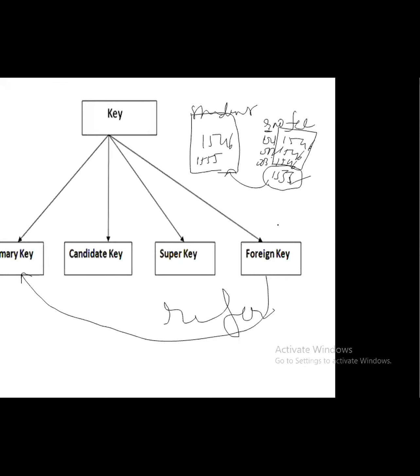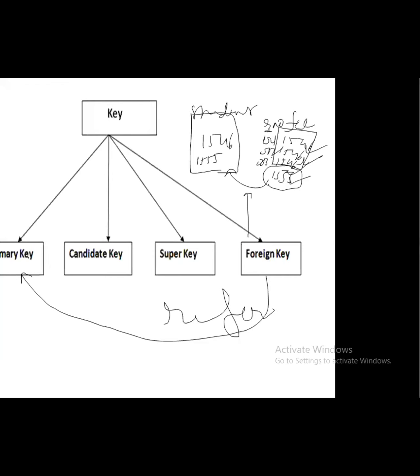Whatever data you are using in some other entity, those values are coming from the master table. So this becomes the child table, and this becomes the master table. The master table is linked to the child table. Whatever data is in the master can be accessed in the child table. How will it be linked? Using my foreign key. With the help of the foreign key, I link two or multiple tables, where the values in my table are coming from the master table.